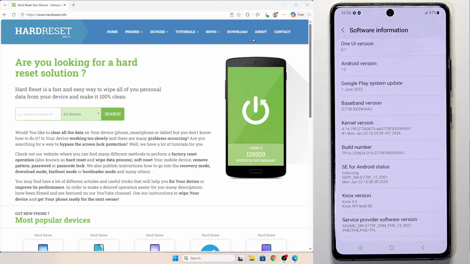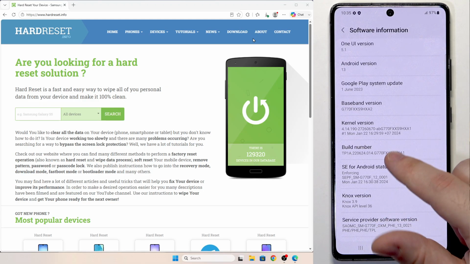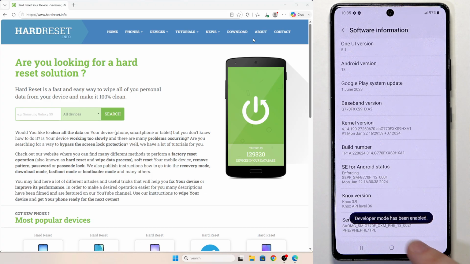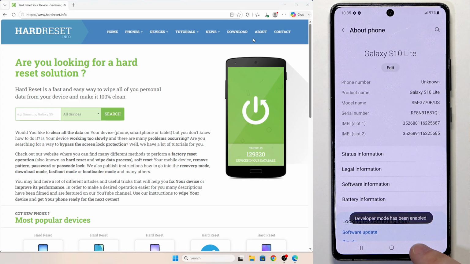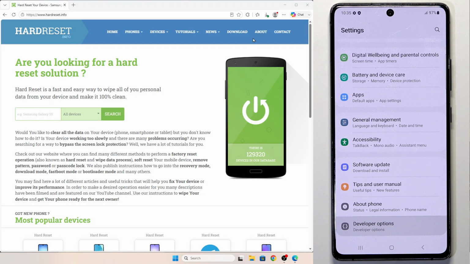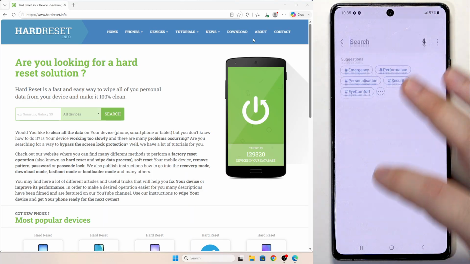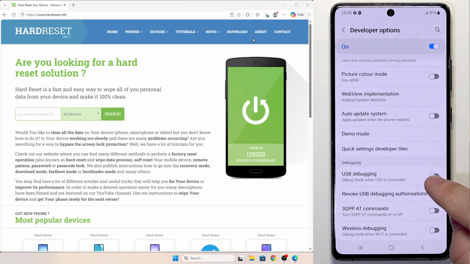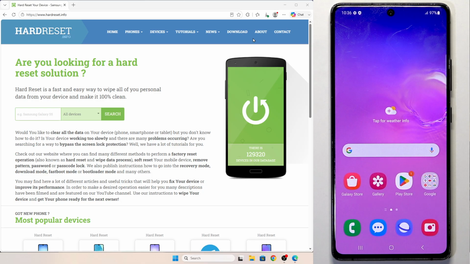To do it, we need to turn on developer options. In here we have the build number. We gotta tap on it 7 times in a row real quick until we see the sentence developer mode has been enabled. Then go back to the main page of the settings, scroll down, tap on developer options, keep scrolling down until you find USB debugging. You gotta enable it, click on OK,